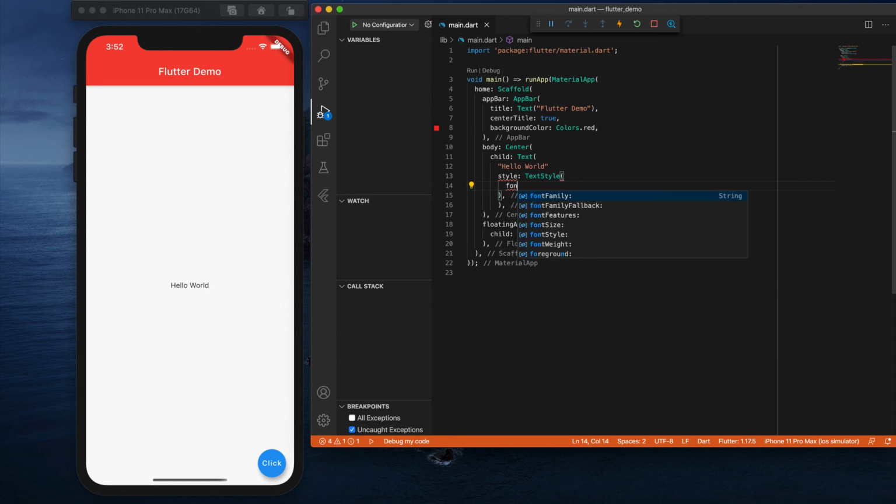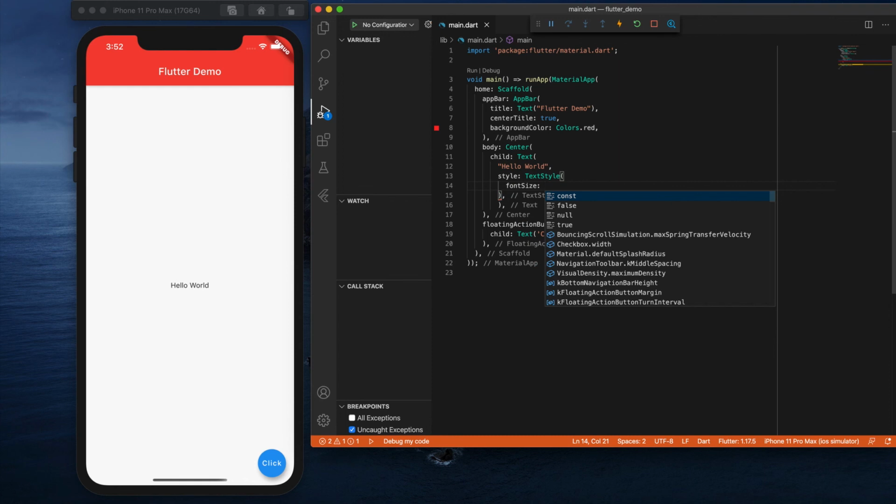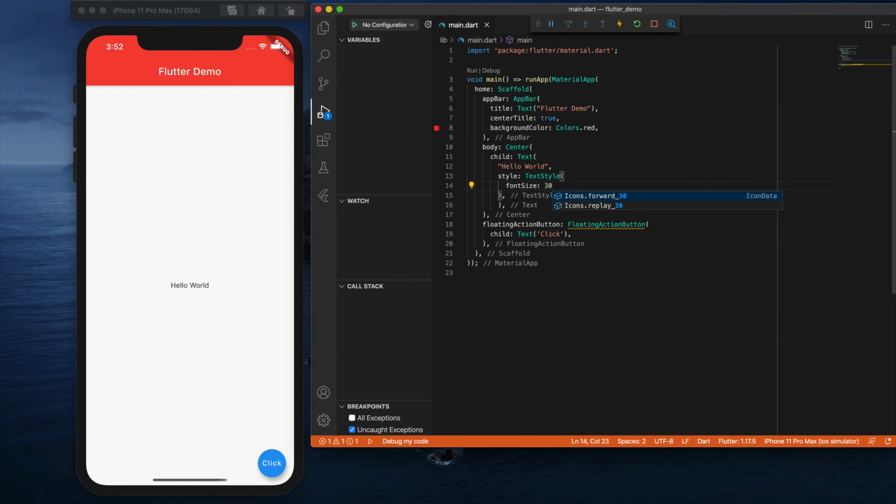If I want to increase the font size, I have to give a comma over here, and I can give the font size of some 30.